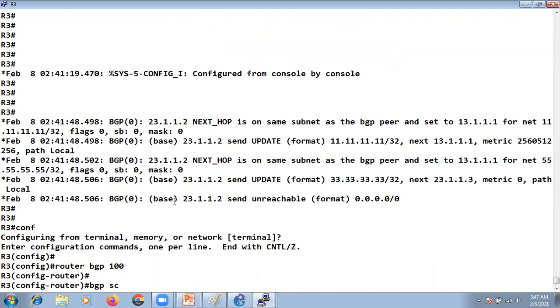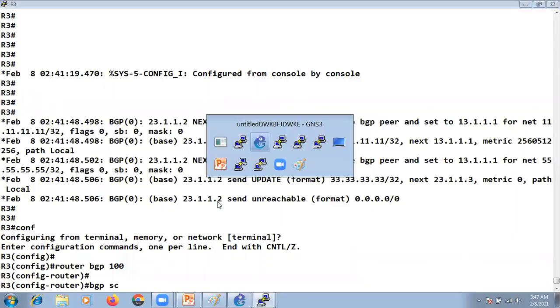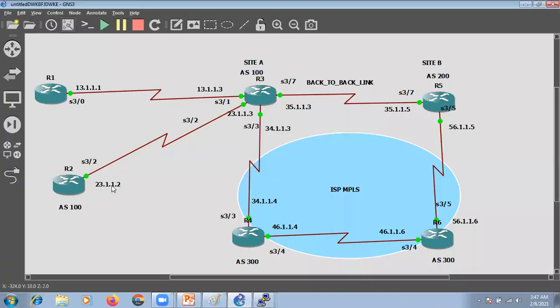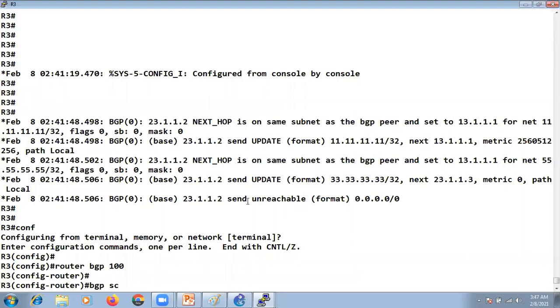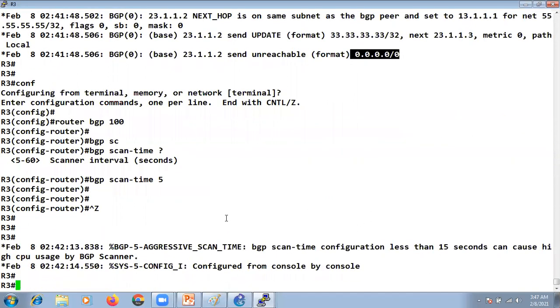So now in the update you can see my BGP process on R3 is saying to R2, 23.1.1.2 is the R2 IP address, right? This is my neighbor R2. I'm saying to my neighbor that now this default route is not reachable. I cannot get you to this default route, so you can drop it from your BGP table, right?